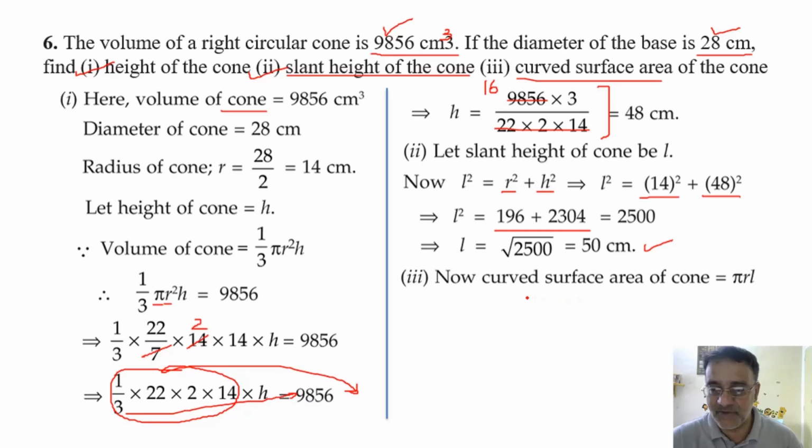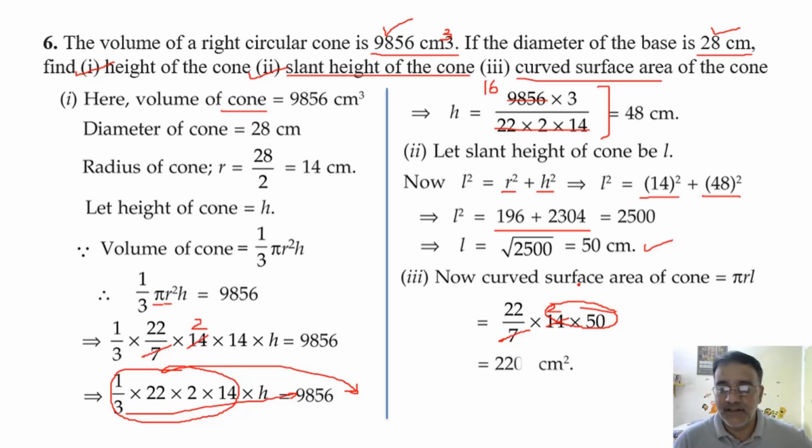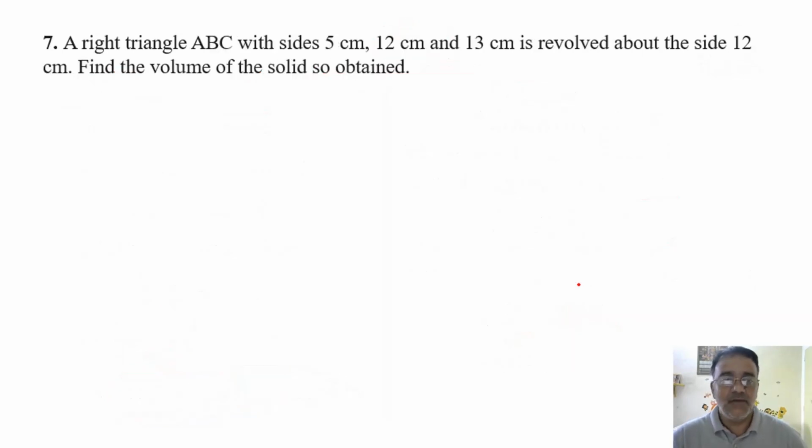Right, very good. So 22 upon 7 into 14 into 50. So this 14 is cancelled by 7 and we'll get 2. 100 into 22. So 2200 centimeter square. Any doubt in this question? No, sir. Okay, fine. Now a right triangle ABC with sides 5 centimeter, 12 centimeter and 13 centimeter is revolved